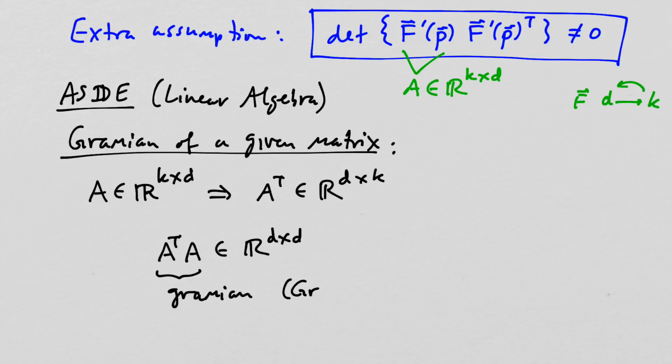This is named after Gram, of Gram-Schmidt fame. Okay, so we can have a notation, I'll call it little g of A. But I'm not really going to use that notation very much. I'll just write out the product, A transpose A. But if we like, we can call it g of A. Notice that it's a square matrix. And the theorem is